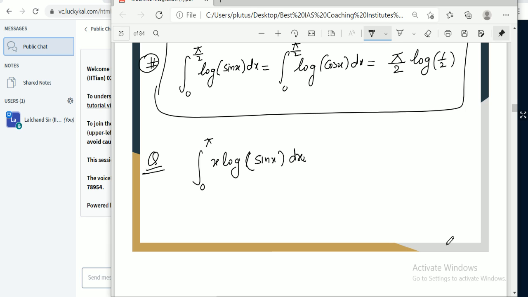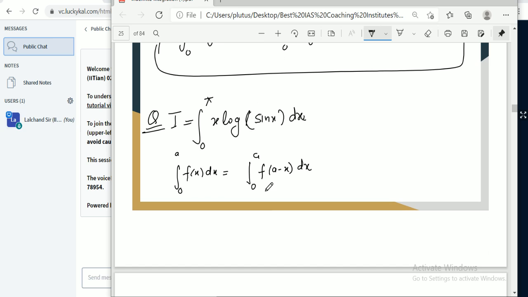Try to solve this fast. We need to find the value of this integral I. If we apply the property that the integral from 0 to a of f(x) dx is equal to the integral from 0 to a of f(a minus x) dx, okay, so if we apply this property,